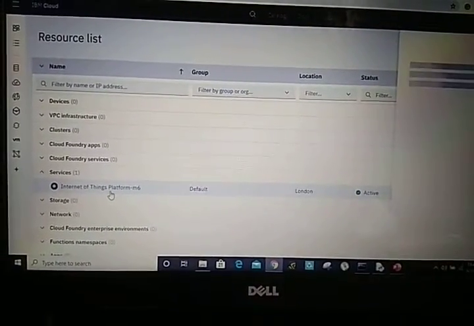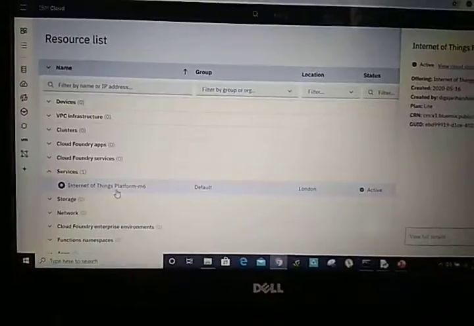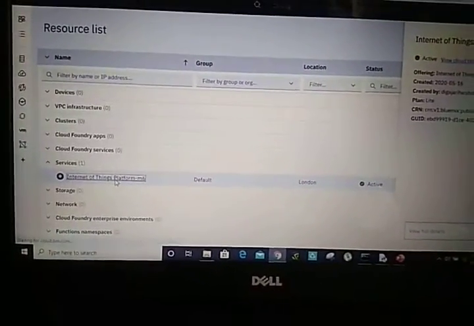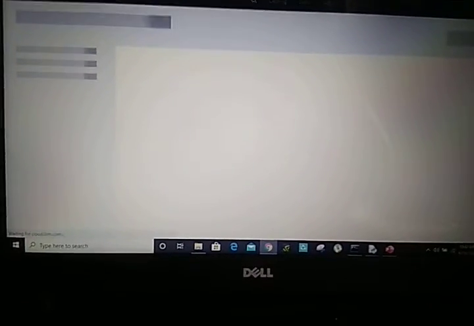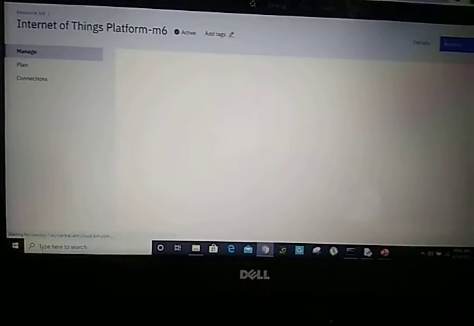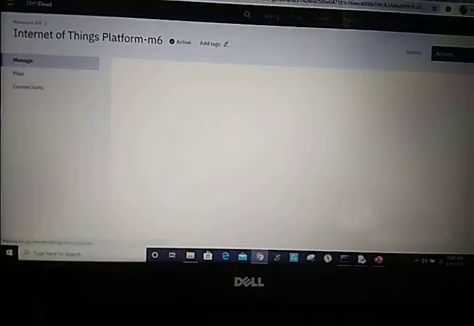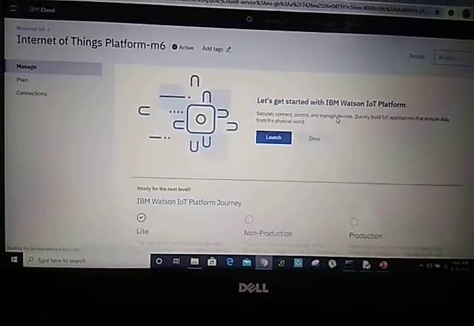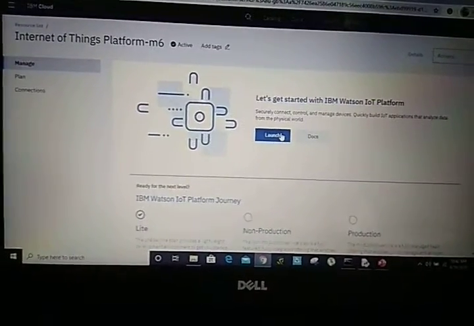We have to click over here to create the devices. Using this service we create devices, and using those devices we will get the information from the IBM IoT Watson platform. To create the devices we click on launch.